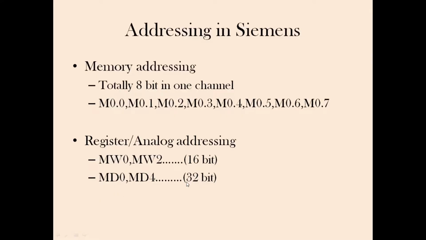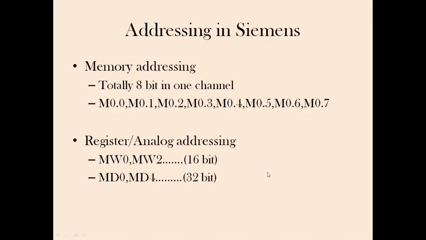If you are representing the integer with MW0, automatically it will take MW1 for that. Same here, for the 32-bit representation, if you are taking MD0, automatically it will take 0, 1, 2, 3. So 4 channels it will take to store the 32 bits. I hope you have understood the addressing part. Let's move on to the